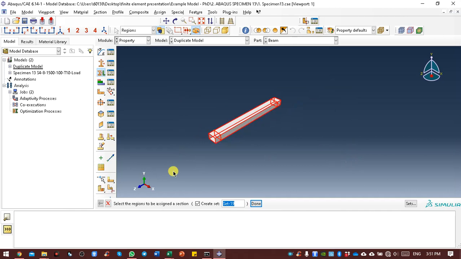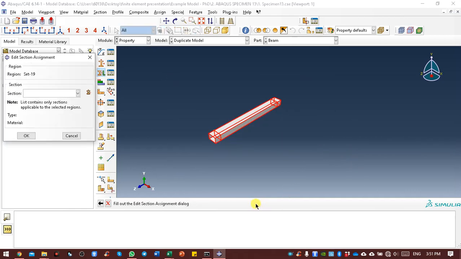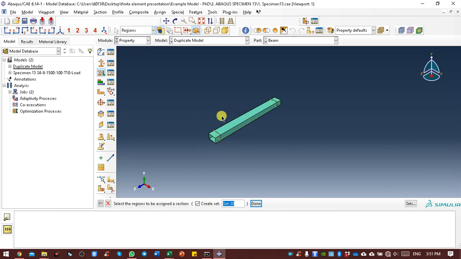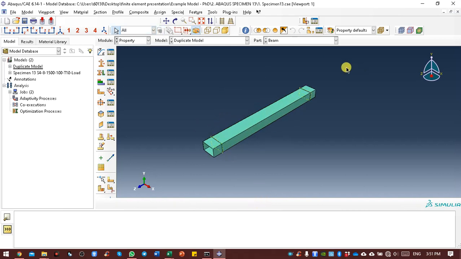Select which is the section, and then click the section that we already formed, which is the beam section. Then if you get the green color, it is already assigned with the material properties.